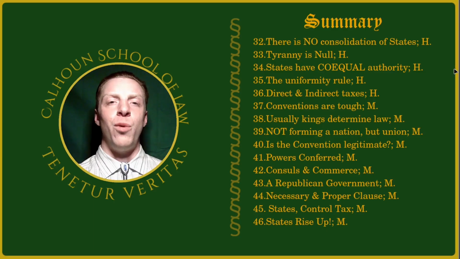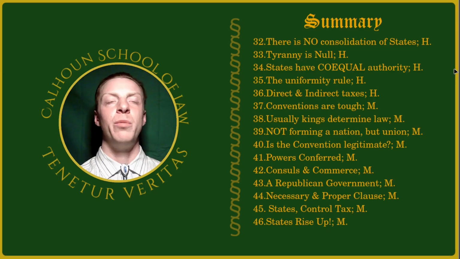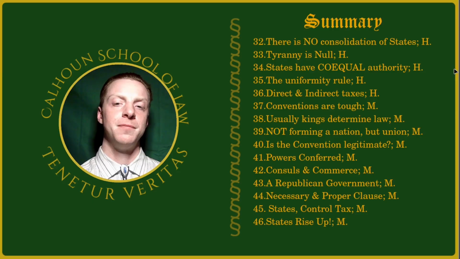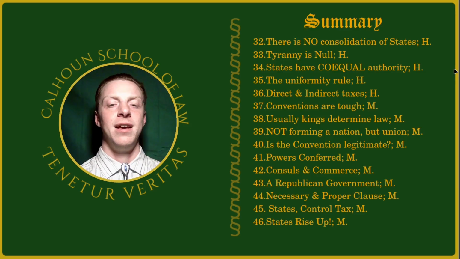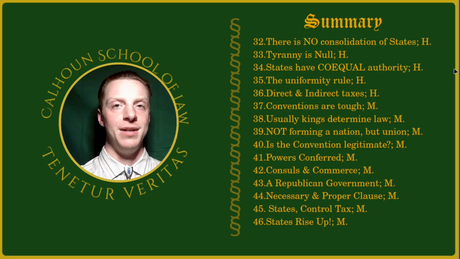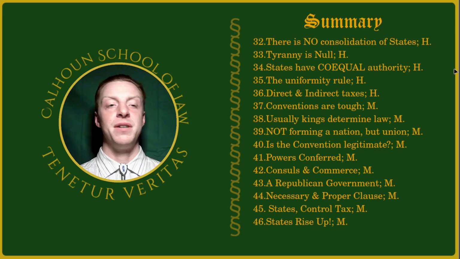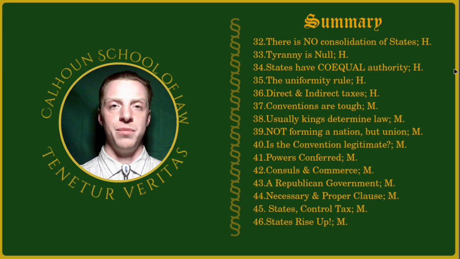But why, what was so immediate that we needed to rush and implement this new government when we knew for a fact it was not liberty-oriented? Number 39, one of the very important papers from the father of the U.S. Constitution. It was not, does not, and will not ever form a nation. He says that verbatim. It may seem like there are aspects that are of a national government. There are aspects that appear to be from a federal government.